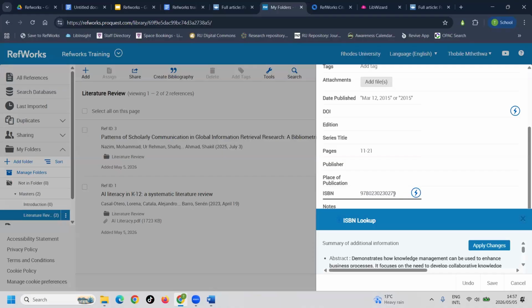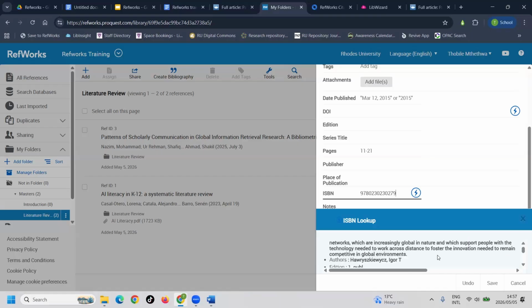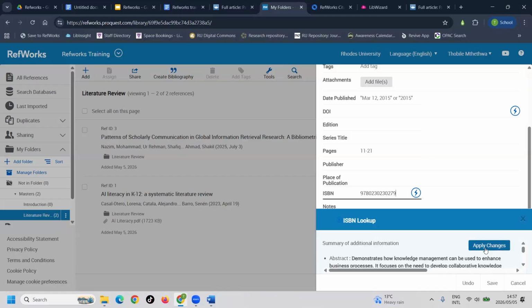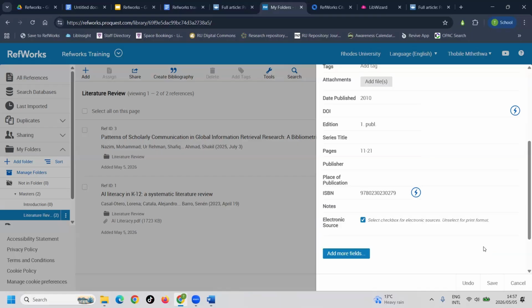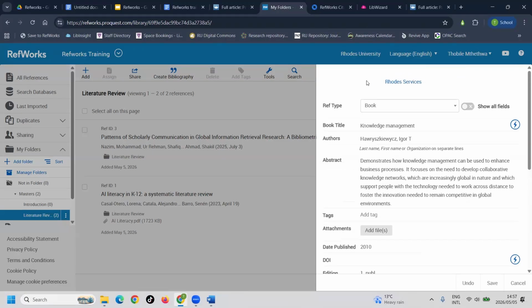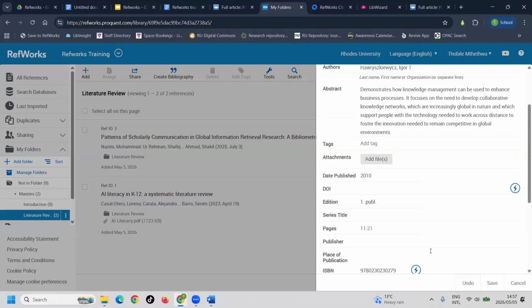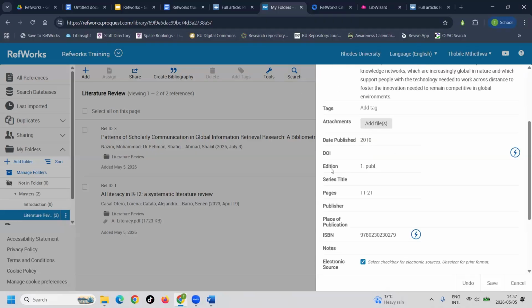So it does the same thing as a DOI. It picks up the metadata about the book. I'm going to select apply changes. The minute I select apply changes, it picks up the metadata and it populates the fields for me. You can add your tags, your keywords here, and then you can check if the metadata was picked up